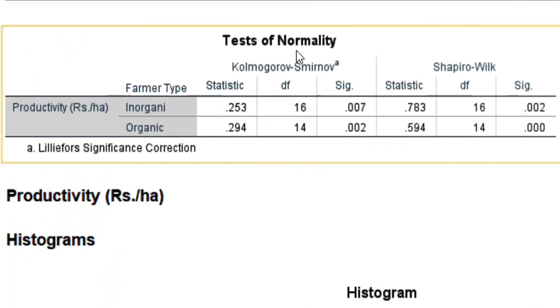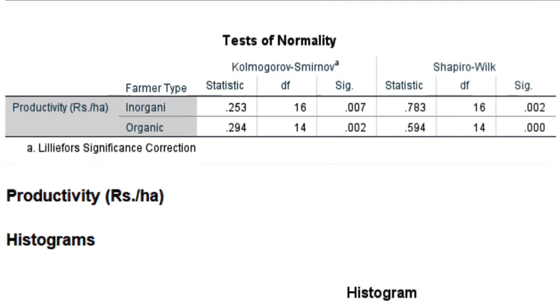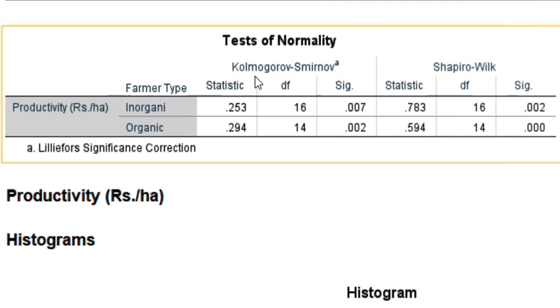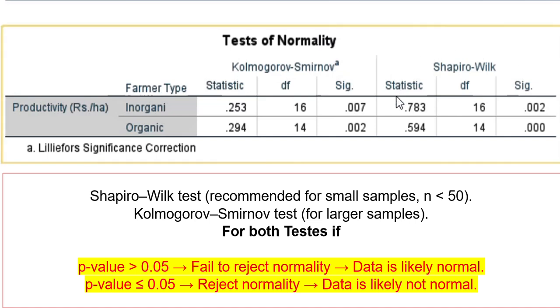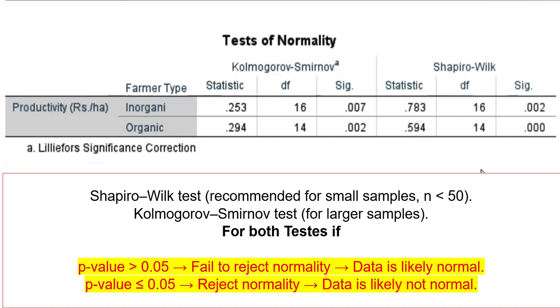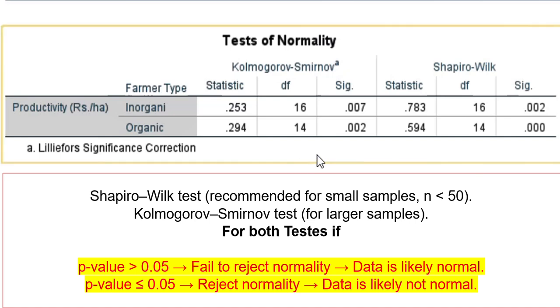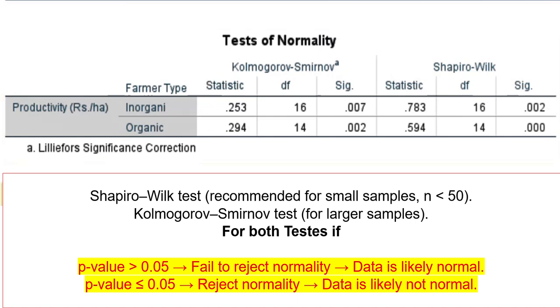This is the test of normality. SPSS shows two tests, Kolmogorov-Smirnov and Shapiro-Wilk Test. If your sample size is small, such that less than 50, we will examine the Shapiro-Wilk Test. On the other hand, if our sample size is more than 50, we will examine the result of the Kolmogorov test